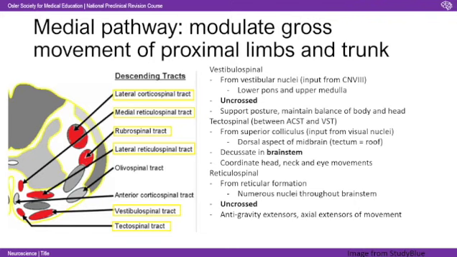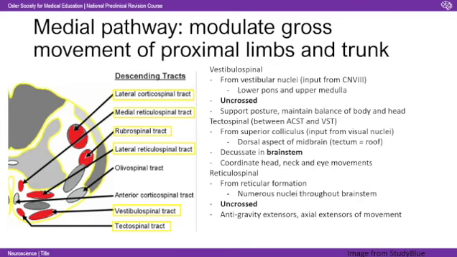The vestibulospinal tract, as the name might suggest, goes from the vestibular nuclei, where you get input from the 8th cranial nerve. The vestibular nuclei, there are 4 of them, and they're located over the lower pons and the upper medulla. These are uncrossed, there's no decussation, and they support posture and maintain the balance of the body and the head. Then we've got the tectospinal tract,